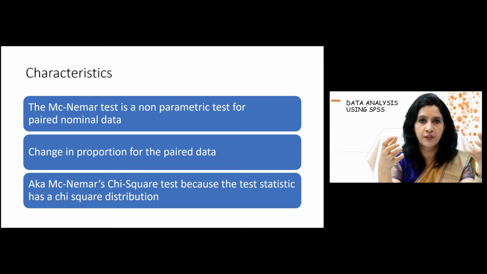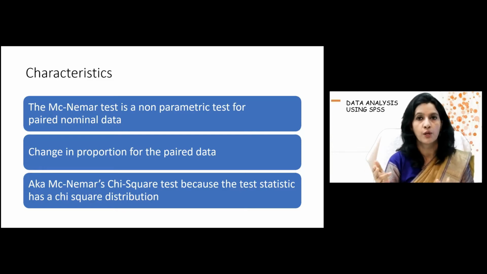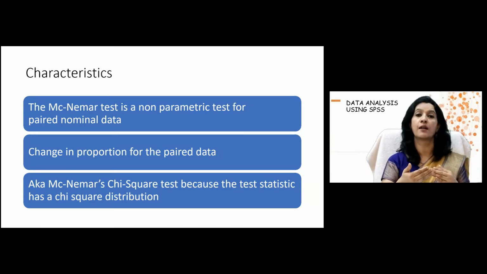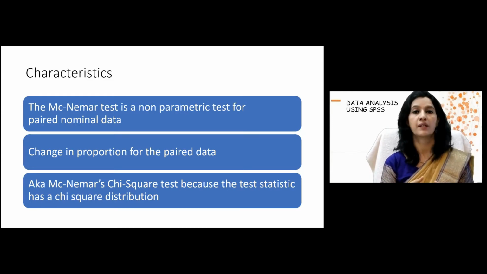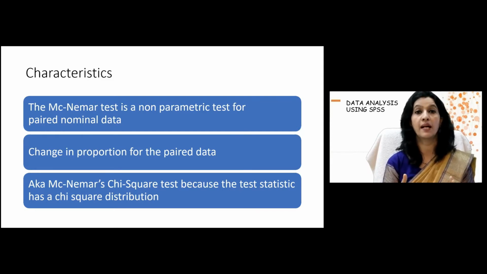So I would have taken out the proportion of people who have passed before attending this workshop, and then I would have given the same question to you after this workshop. So you would have attempted the same question. Then I will calculate the passing percentage after you have attended this workshop. If I compare the proportion of passing people before and after this workshop, then I would have used the McNemar test to compare the difference of proportion, whether this difference is significant or not. So basically, it is usually applied in a pre-post study.